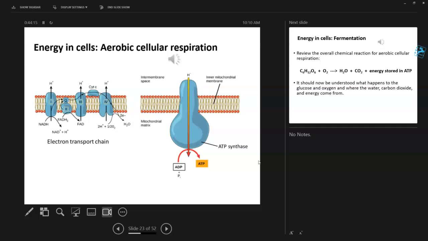And why this is important, why we need to have this oxygen here, is that if these electrons coming through the electron transport chain have nowhere to go when they get to the end of it, if there's no oxygen there to combine with this hydrogen and these electrons, then everything backs up and this stops. The electron transport chain will stop making ATP, and